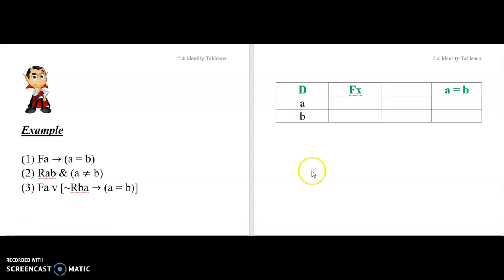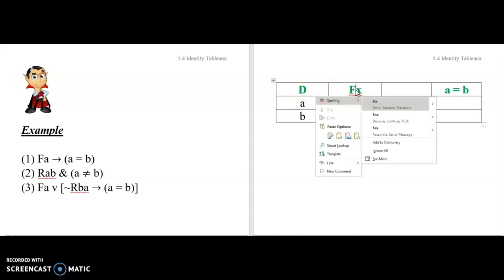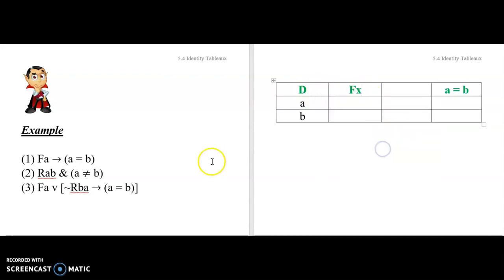Okay, so to make the interpretation true, I've got it colored in green here as usual. If you think about it a little bit, there are different things you could do. You're going to have either a false antecedent or else a true consequent. So perhaps the simplest thing to do is to make this false. Now, notice what I've done here is I've